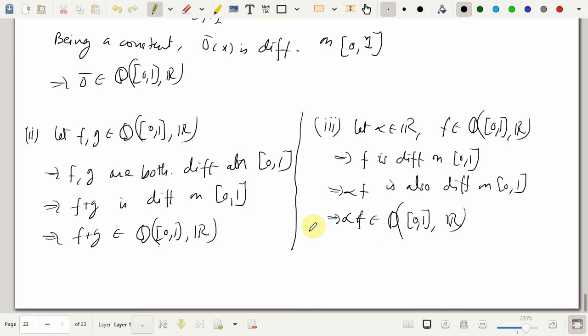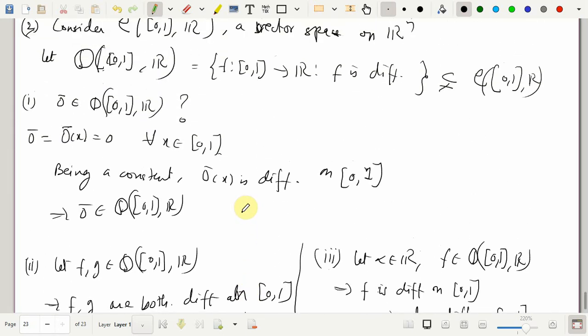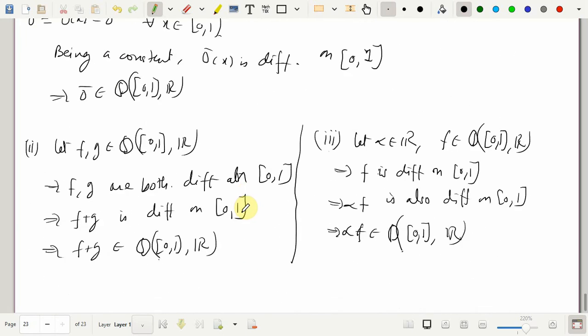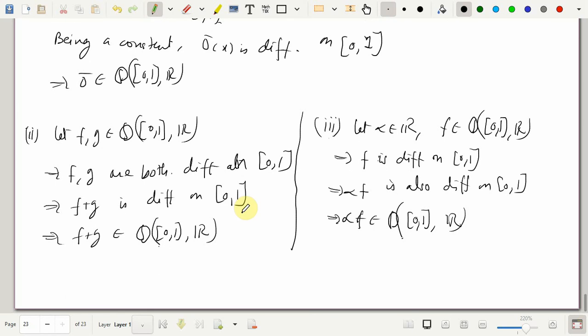Fine. Yes. So these are some examples. In this way we can generate many examples. So in fact, given a vector space, we would like to know the number of subspaces that it can have. In the next session we will discuss how to generate a subspace containing some points of a vector space. Before that there are a couple of observations which are not mentioned earlier.